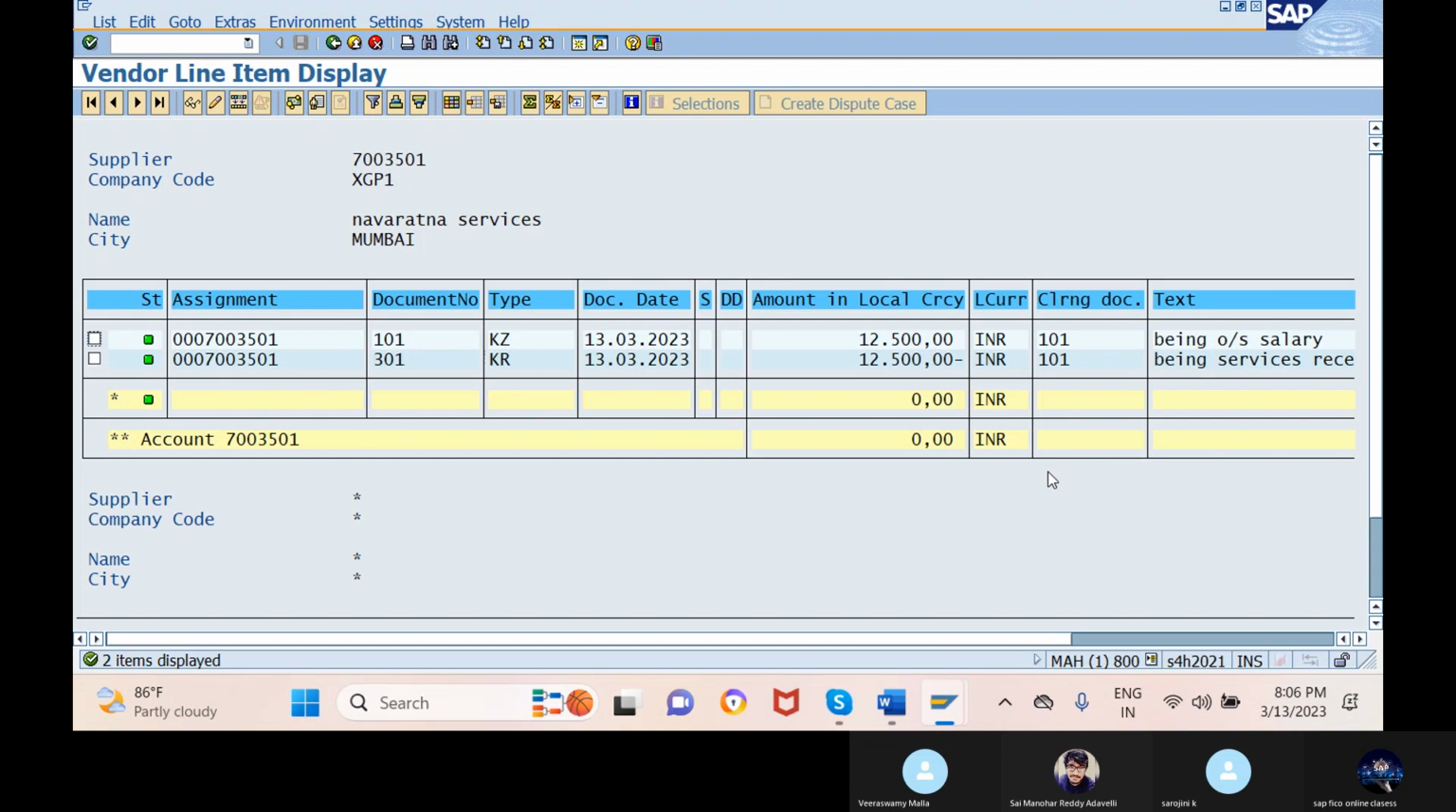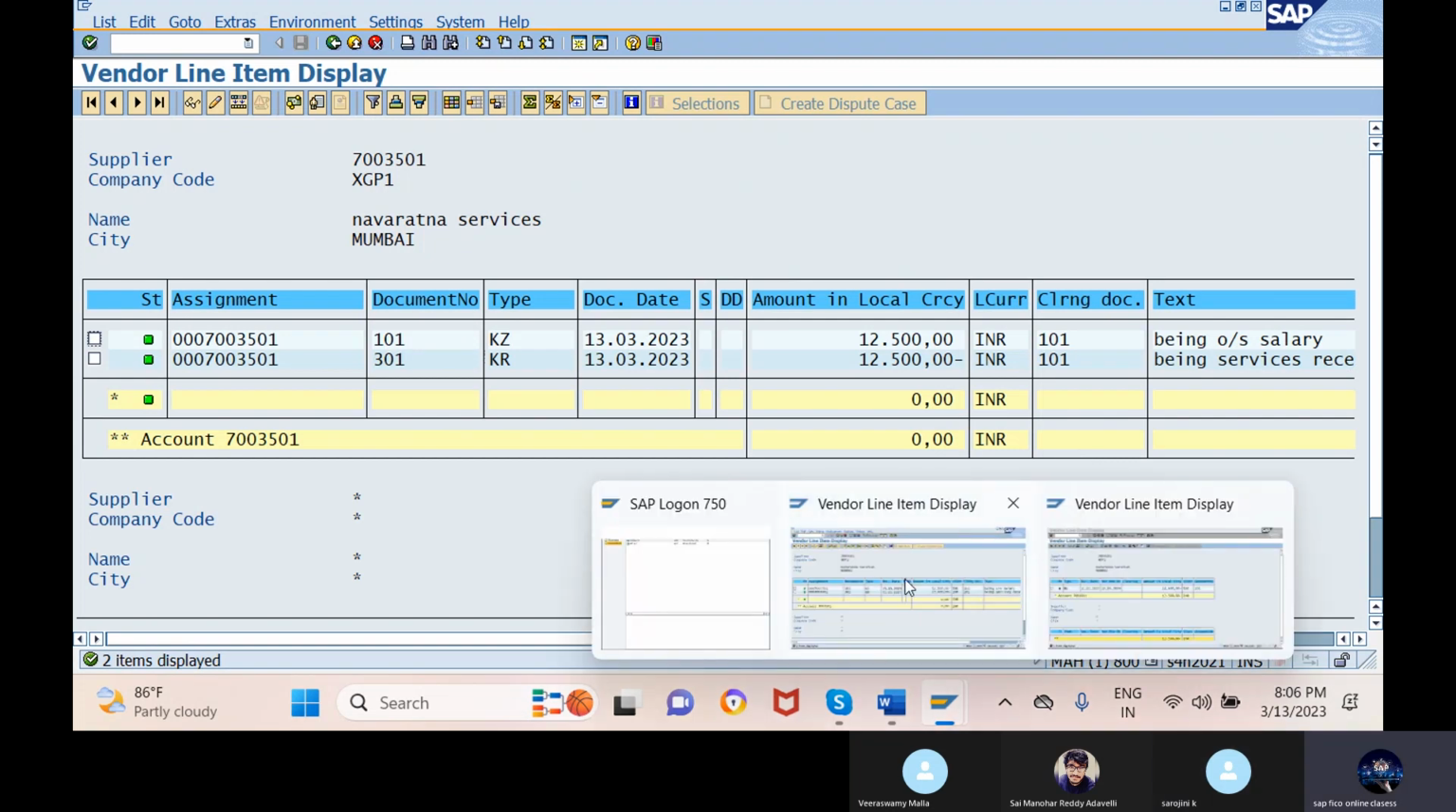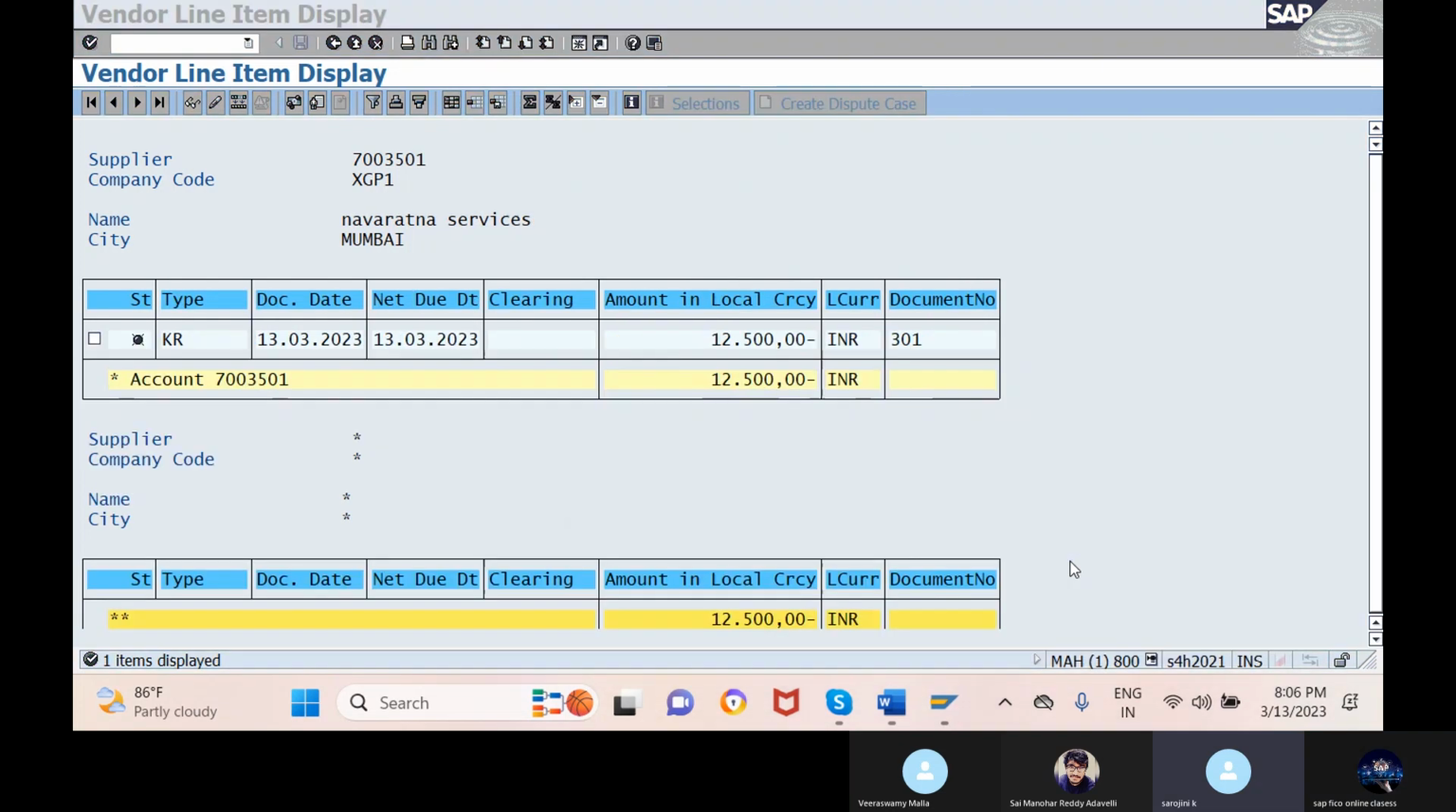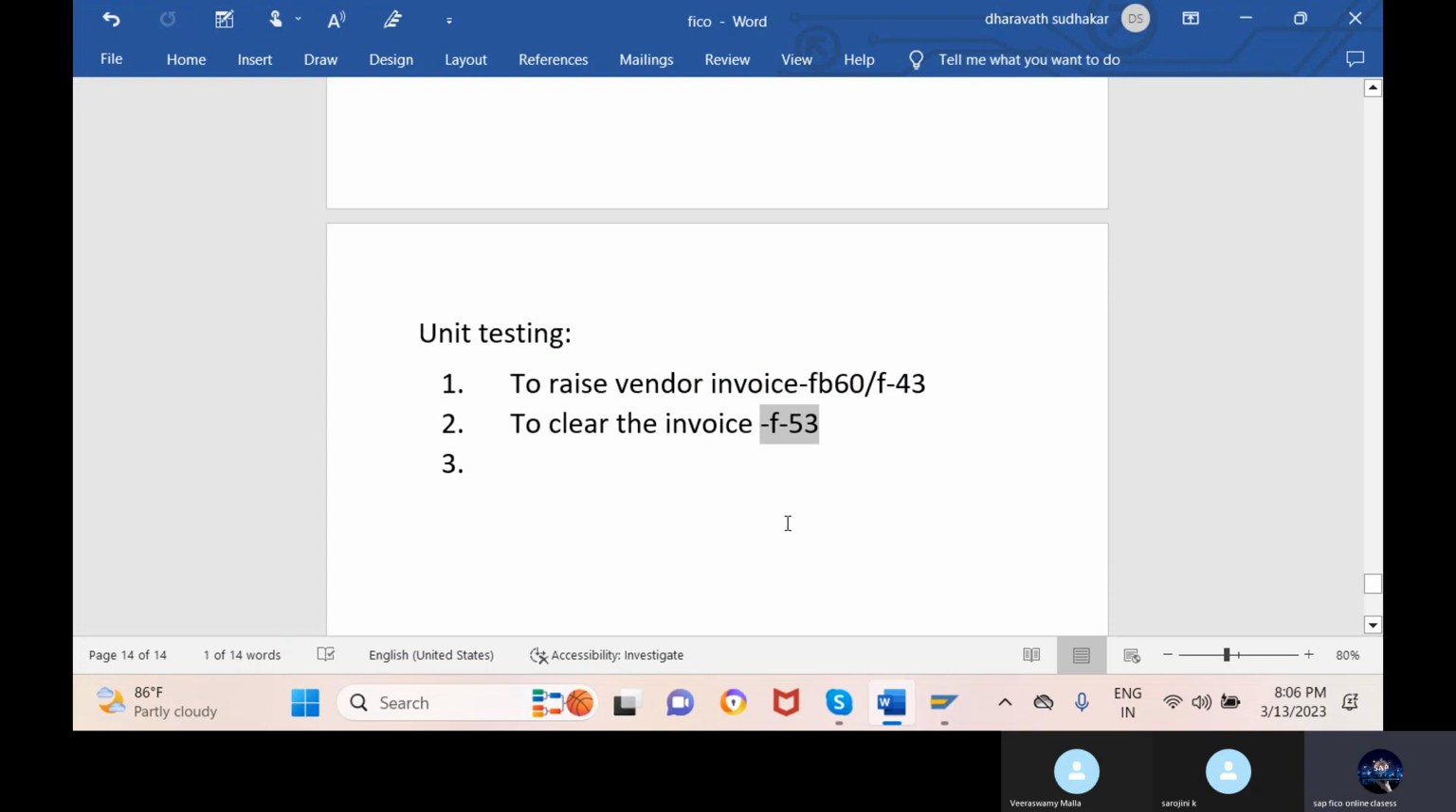Now, can I take? Okay, guys. Today for this session, for this day, we'll wind up the session. In the next session,